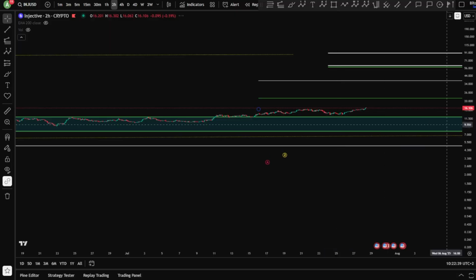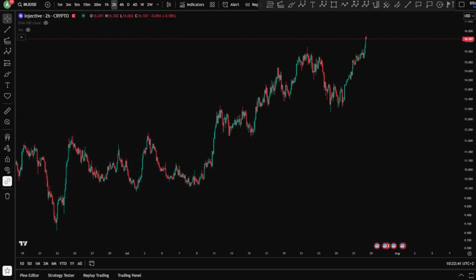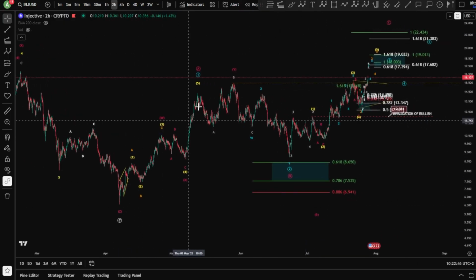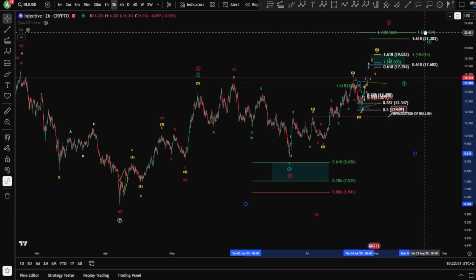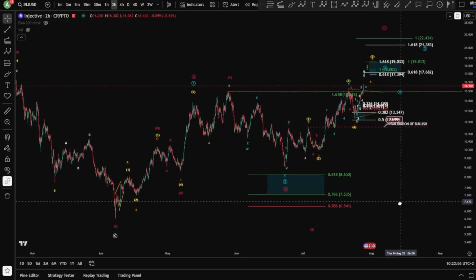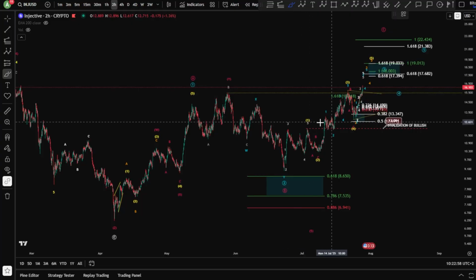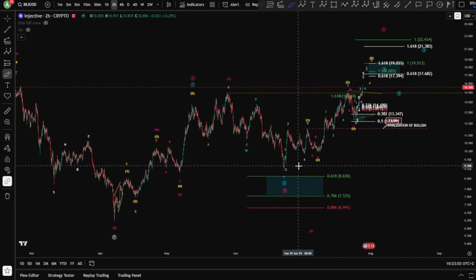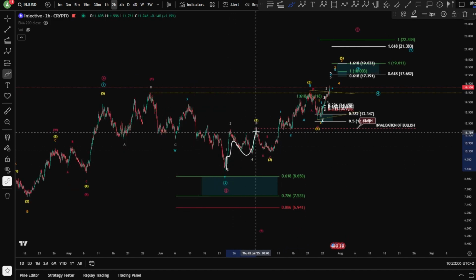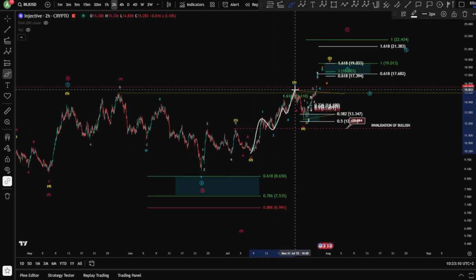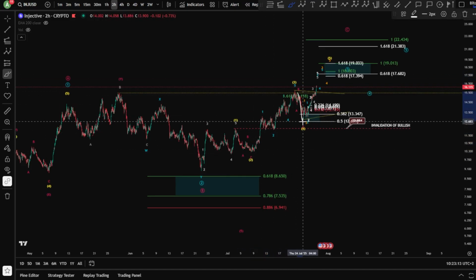If we dive a little bit inside this on the 2-hour chart here, we are looking at this pattern that we just saw on the daily as a wave 1, 2, or at least A, B, and a C. And as you can see, the 1-to-1 fib level is to hit the $22 here, at least for Injective, in case we are in a zigzag A, B, and a C. Currently, this wave C is unfolding as a 1, 2, 3, 4, 5, wave 1, wave 2, and then you have a 1, 2, 3, 4, 5 for a wave 3,